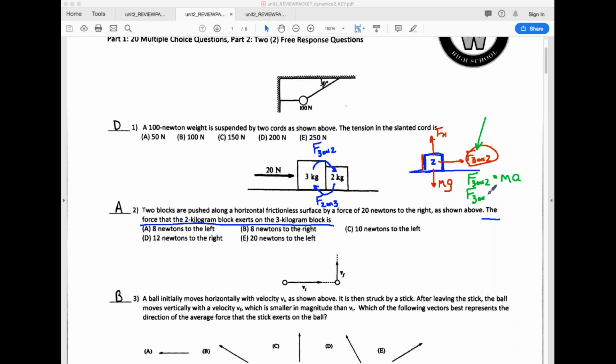So F of 3 on 2 is equal to the mass of that smaller block, 2 kilograms, times the acceleration of that block. Well, I got to answer the acceleration question for the entire system. So F net is equal to mass times acceleration. The net force is 20 newtons. The total mass is 5 kilograms. It should be clear that the acceleration is 4 meters per second per second. I can now put that in there. F of 3 on 2 is equal to 8 newtons, which is equal to the reciprocal force of F of 2 on 3. Make sure that I have answered your question,